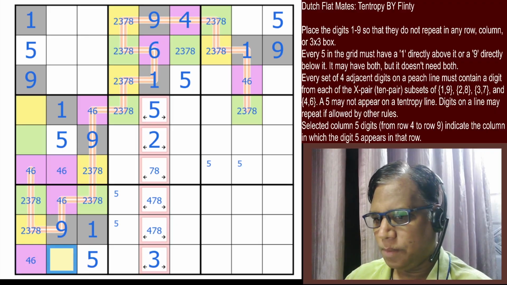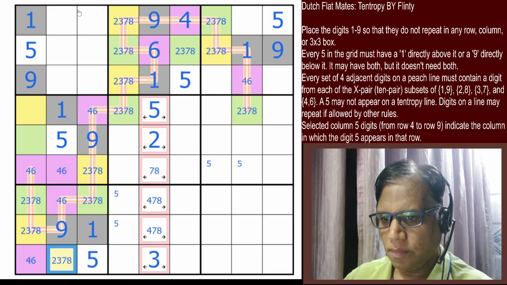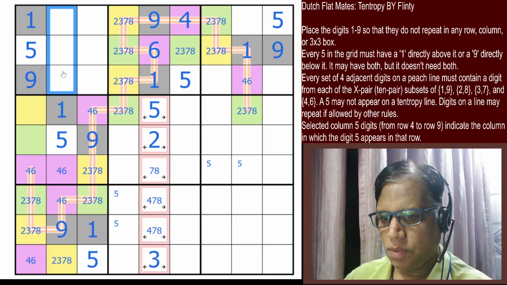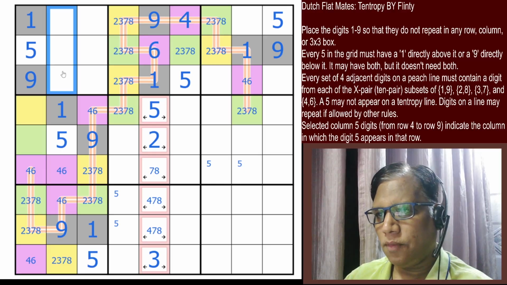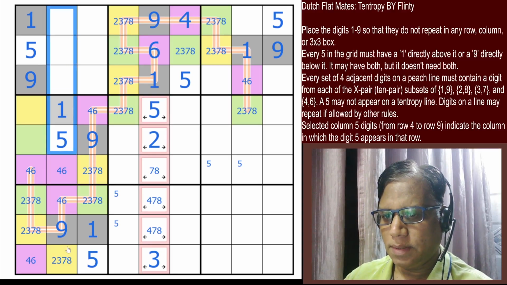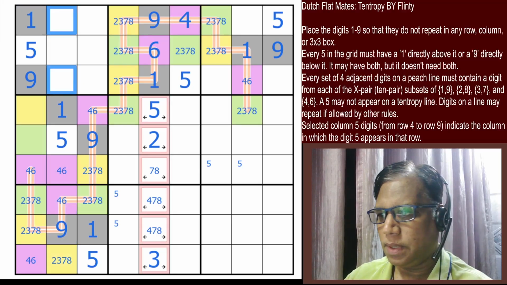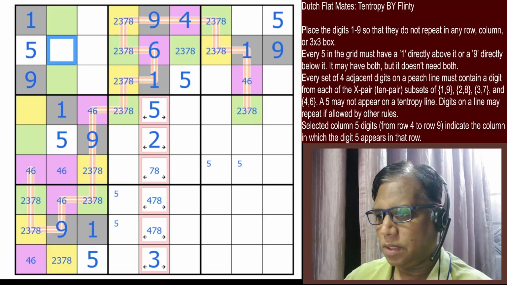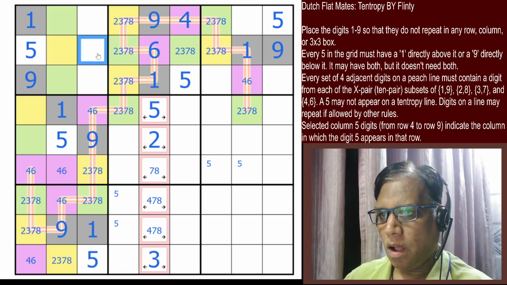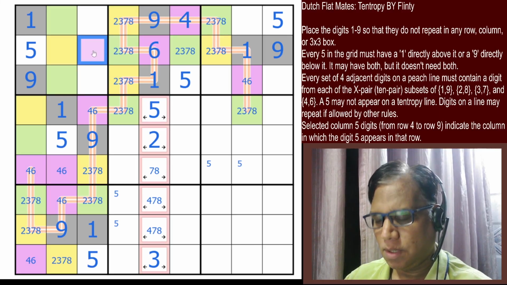Oh, that has to be blue. Sorry, yellow. 2, 3, 7. So now this is 1 yellow, 1 green. 2 green, 1 yellow, and that cannot be green, right? So both these have to be. See, you must have 2 greens here, right? And that cannot be any of green. So these both must be green, and this must be the remaining yellow. Yeah, this must be pink, and this must be 4 now because we already have 6 here, and that will